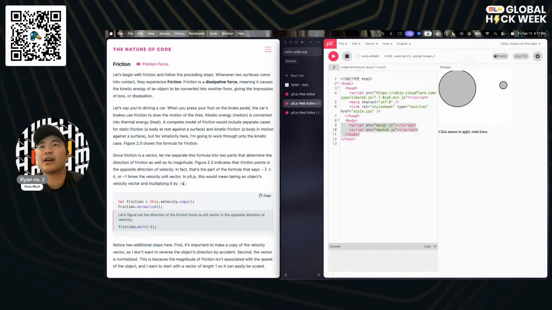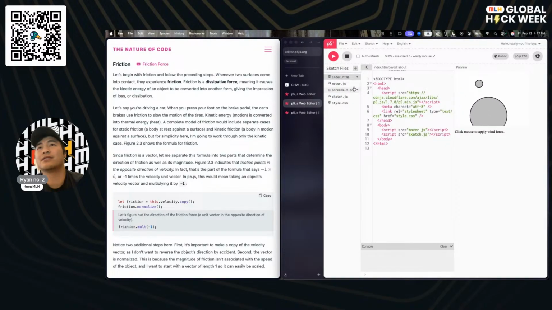And yeah, then we have a couple of scripts down here, which connects to the JavaScript files that I was looking at earlier. Those JavaScript files have all of the logic for the actual simulation. Now, the p5 editor right here basically just houses all of the web information. And basically, sketch.js